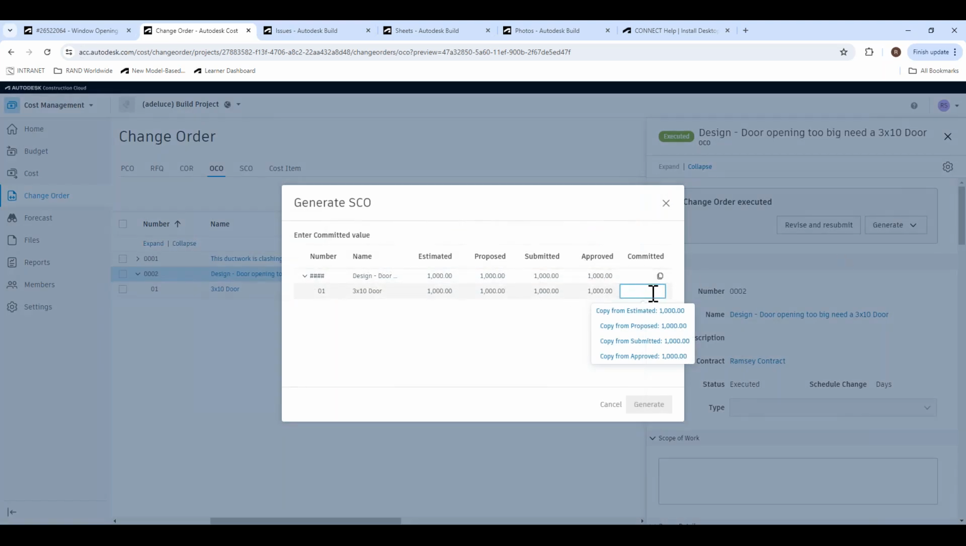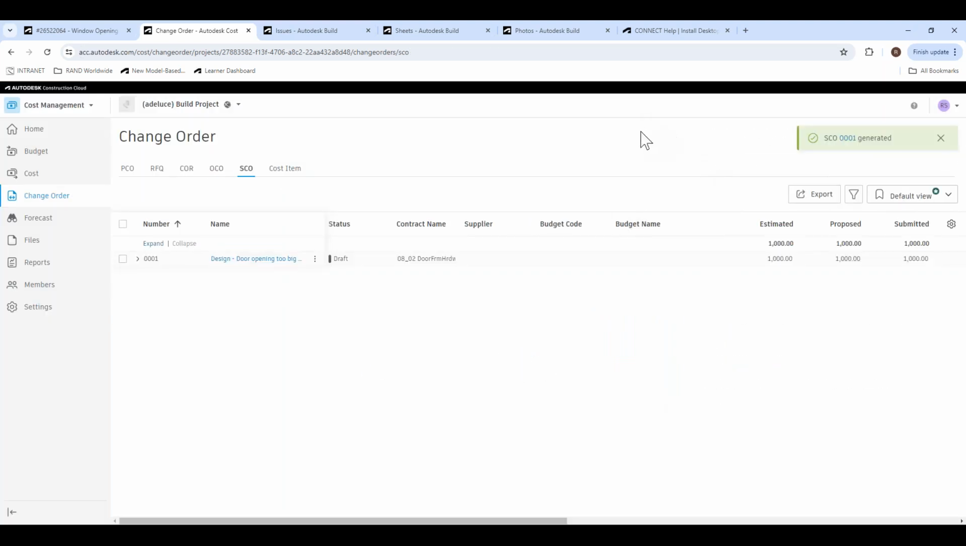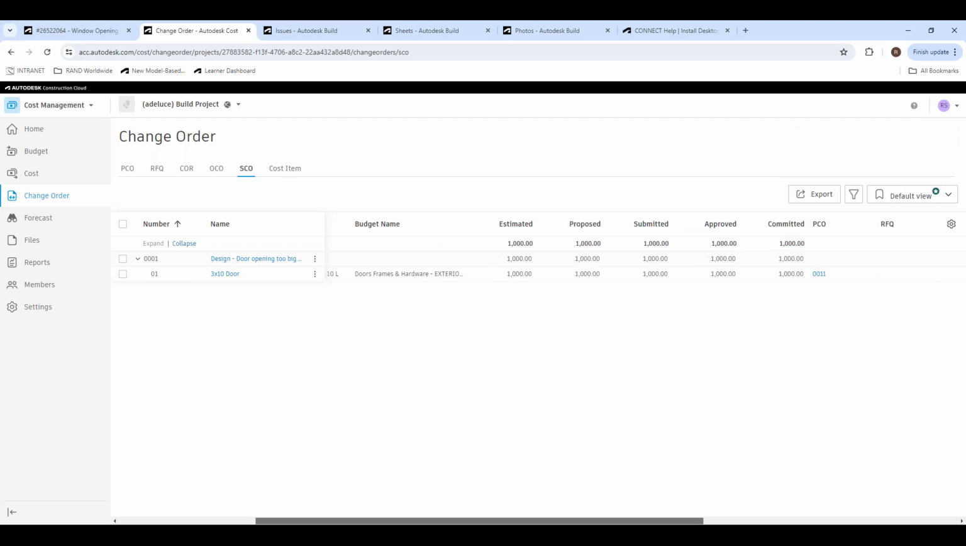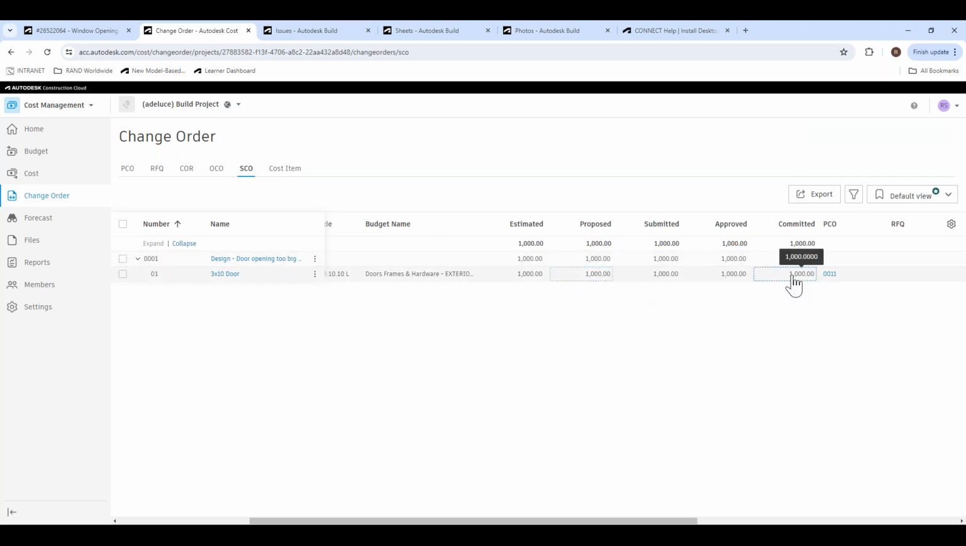All right, so now this committed column, earlier I left it empty on purpose. That's because I didn't want to commit a cost until I got something approved. So I'll go ahead and select this approval right here and generate that SCO. All right, perfect. So now I have my numbers in and I have my subcontractor change order. Now, essentially, I kind of went through it, but typically you're not going to have the same numbers in the committed cost as you would